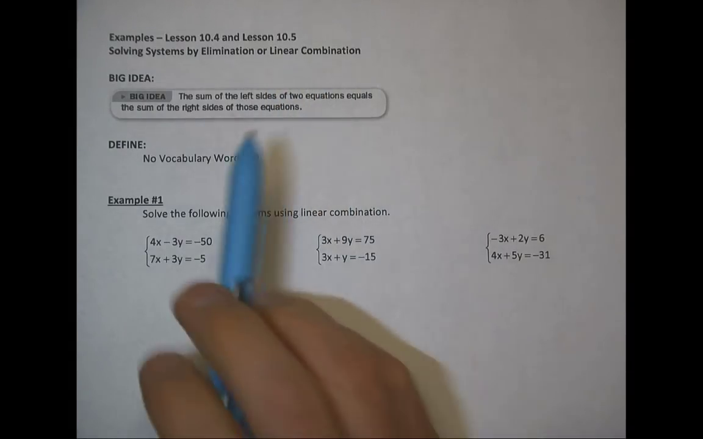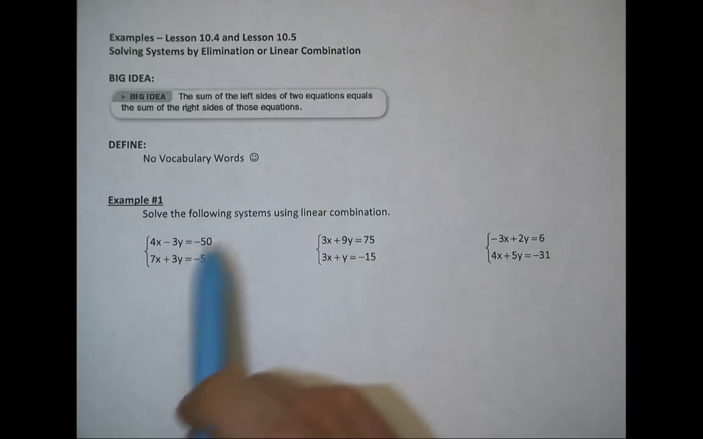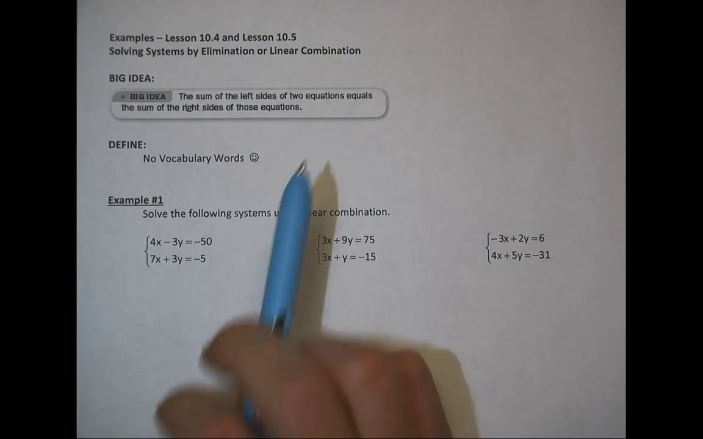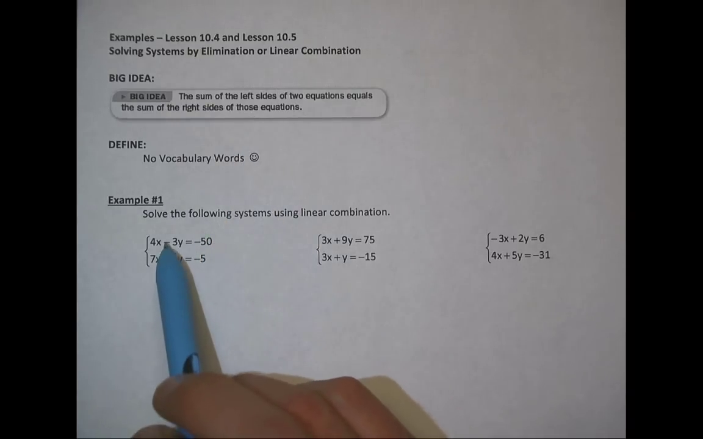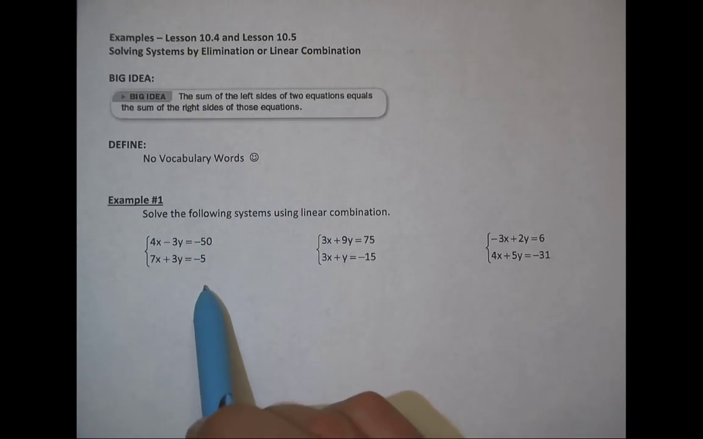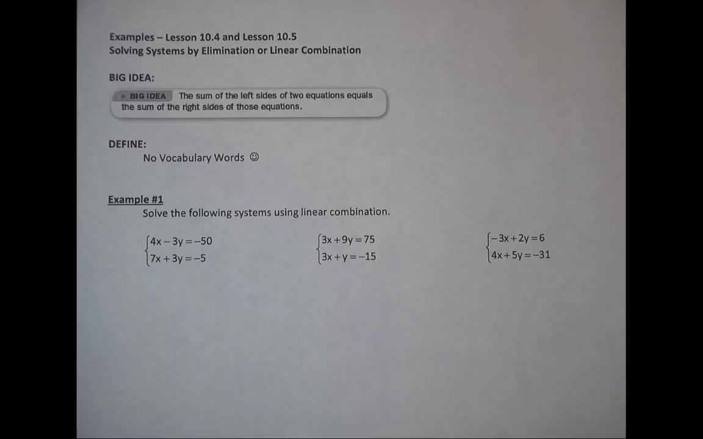So the big idea is the sum of the left sides of two equations, so the sum means adding them together, equals the sum of the right sides of those equations. So if I add the left sides and I add the right sides, they're going to still be equal to each other. So that's a property that's true that we can use to actually solve some of these